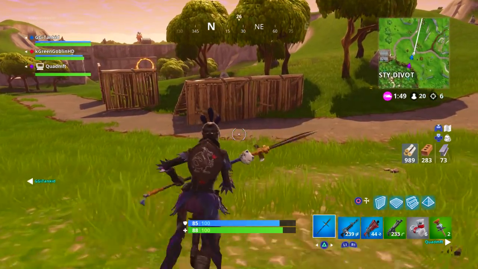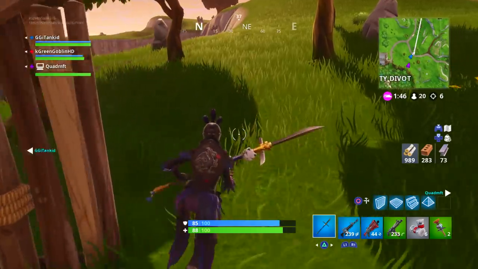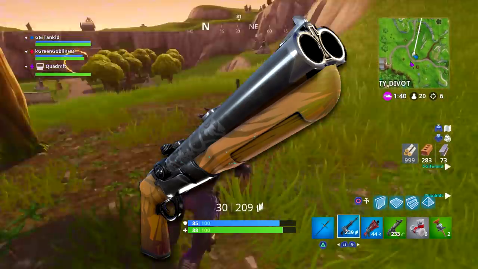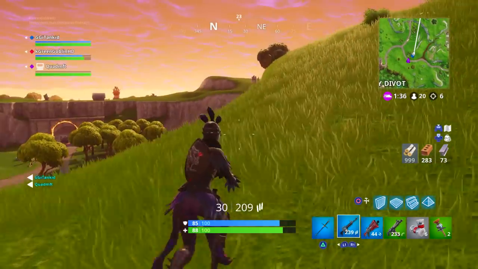Next on my list is going to be number 6. Now, number 6 might surprise you guys. It's a weapon that I've been liking a lot more recently, and that's the gold double barrel. Now, the gold double barrel is coming in at number 6. Kind of surprised I'm putting the double barrel above the P90, but the fact that this double barrel is,